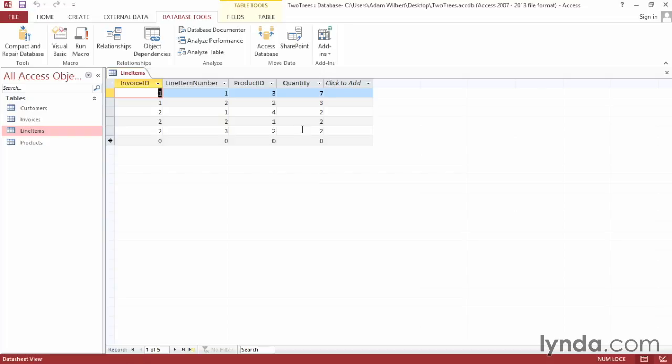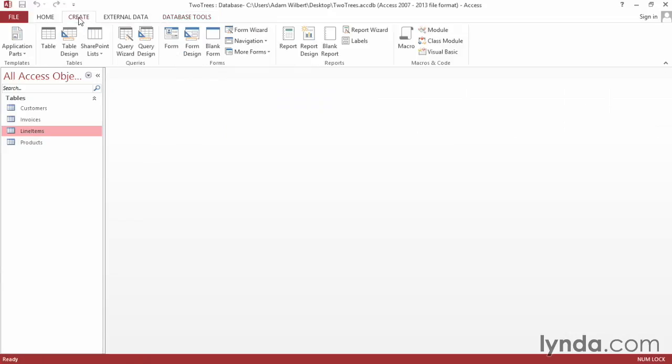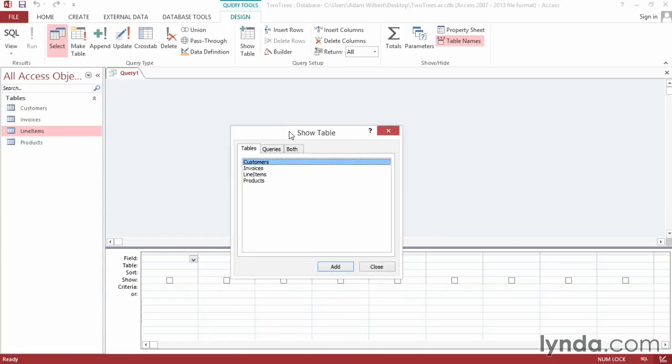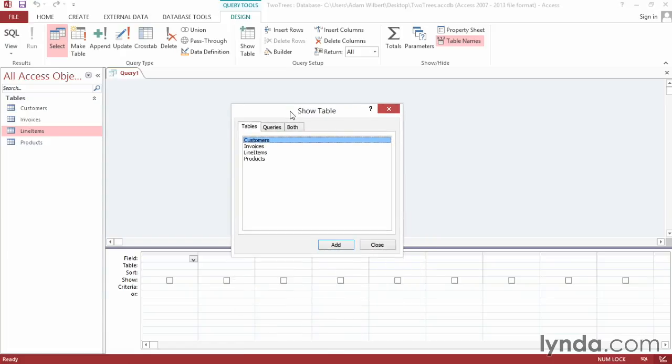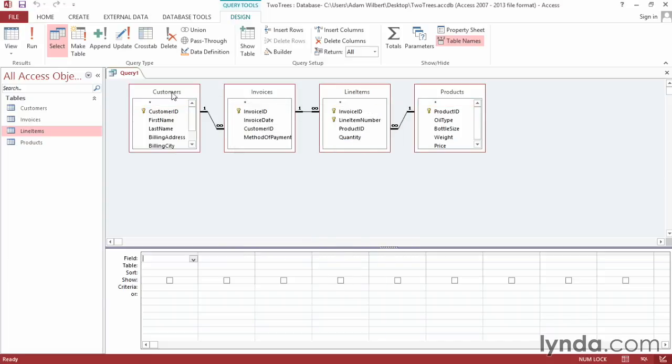Let's go ahead and close the line items table. And to create a query, I'm going to go up to this Create tab and choose Query Design here. That's going to give me this Show Table window, just like we saw when we set up our relationships. In this case, I'm going to choose all 4 tables. So let's select Customers and shift-click on the last one and choose Add. Go ahead and close the Show Table window, and that'll put up all of the different tables that are involved